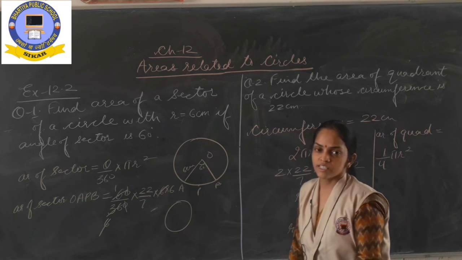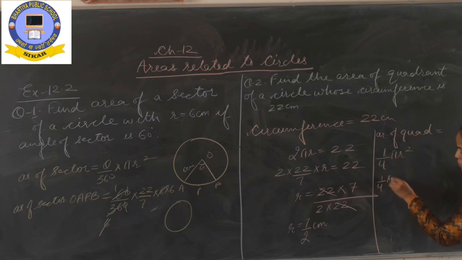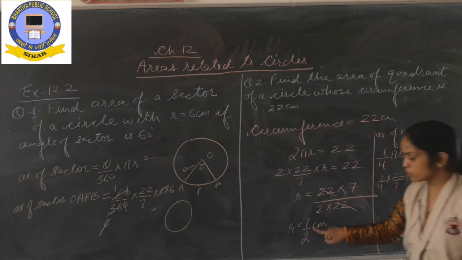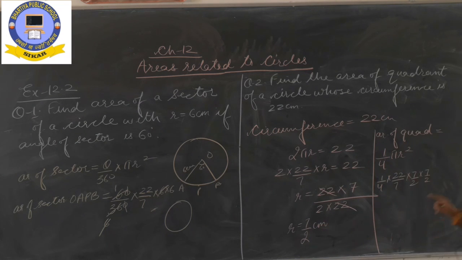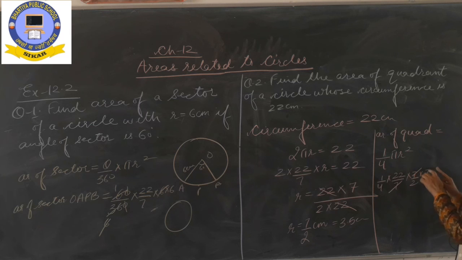So cancelling 90 upon 360, 1 upon 4 will come. Now 1 upon 4, pi is 22 upon 7, radius just now you got as 7 upon 2, put the square. Now see, why I told you there is no need to convert in decimal, because directly we can cancel it out. It is cutting directly. If you write it as 3.5 centimeter, then you will have 3.5 into 3.5, then you will just replace that decimal by 10, then it will be lengthy. So directly that thing is cutting, so cut it.